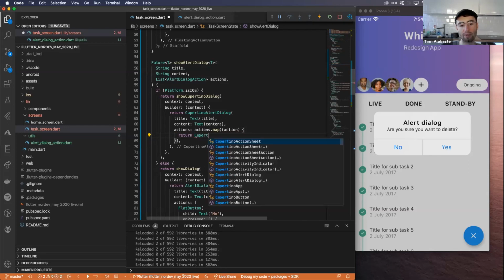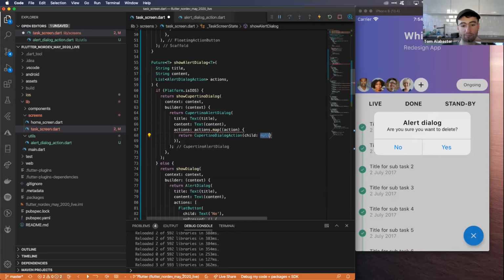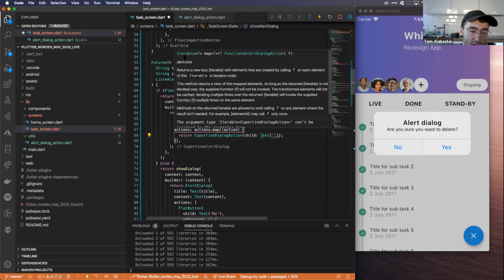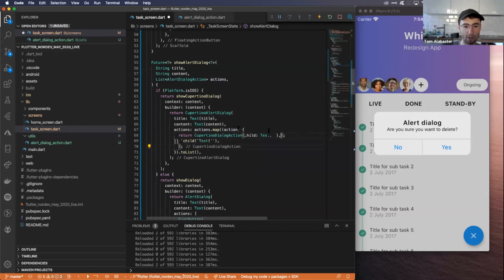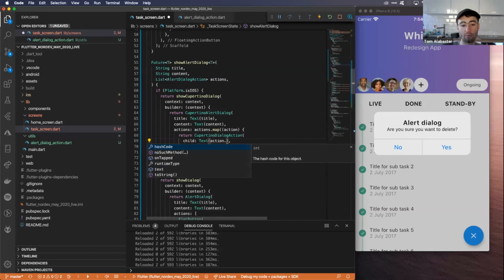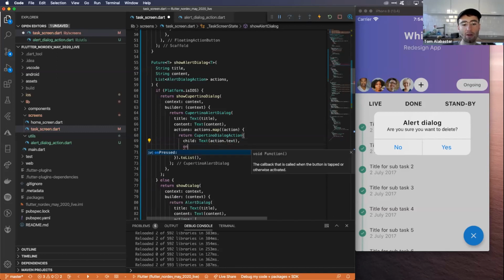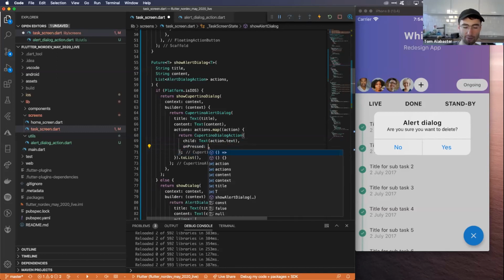So we're going to return a Cupertino dialog action, which has some text in. I'll leave that for now. This here is just complaining because the map returns a different type of collection. It returns an iterable instead of a list, so we just need to cast it at the end. And now that's fine, now that will start working. So cool, we can now start building up our Cupertino dialog action again. So this text here was actually represented by our action text, and the onPressed function, I called it onTapped, but that's okay. We're going to invoke it,